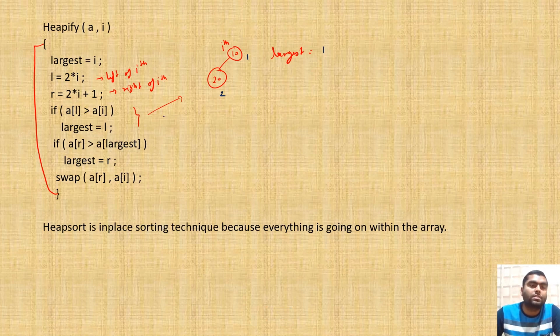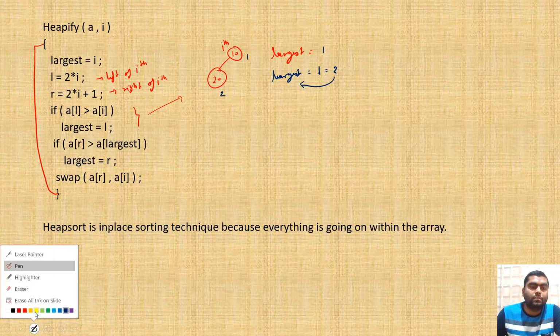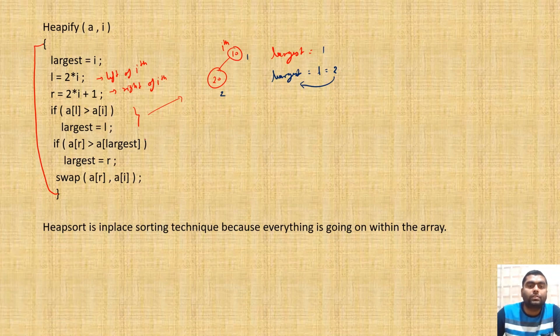So largest is greater than what? Your ith is greater than left. Left side is greater than I. So what will be the largest? Largest will be your L, that is 2. So 2 will be your largest in this case. And next we are checking. So second case, let us take the second case also. So this case,